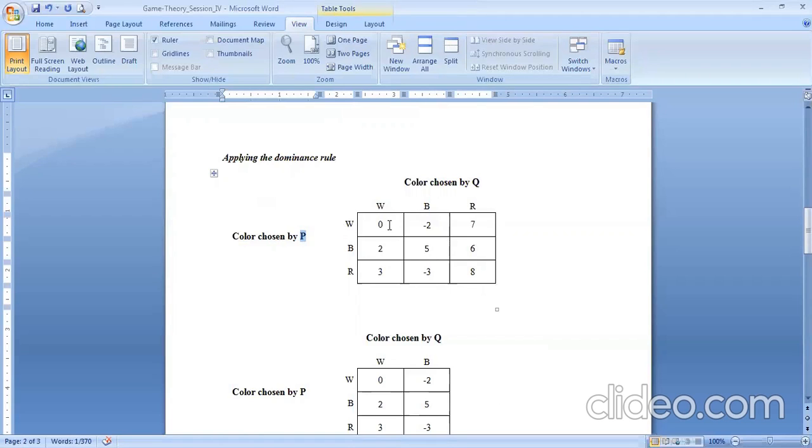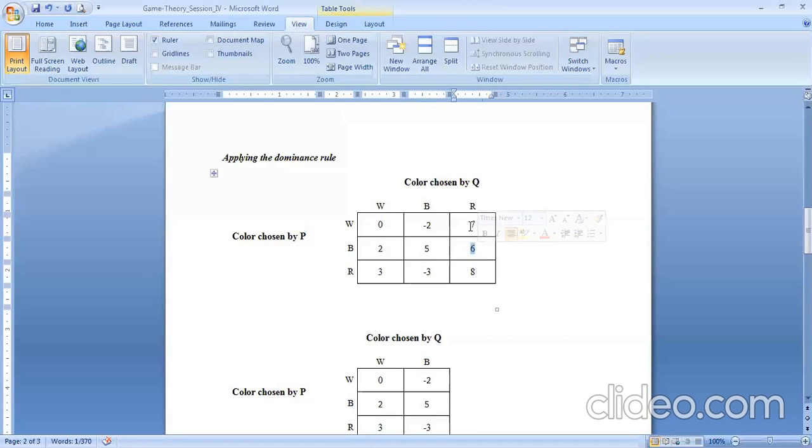In the first column it is 0 and 2, so B is dominating over W, because 2 is greater than 0. Similarly, 5 is greater than -2, so again B is dominating over W. And in the third column, comparing 6 to 7,